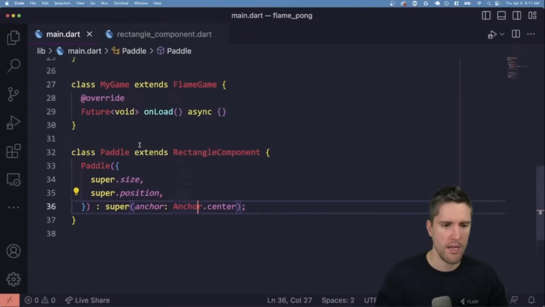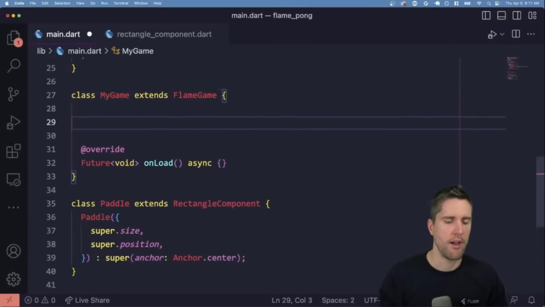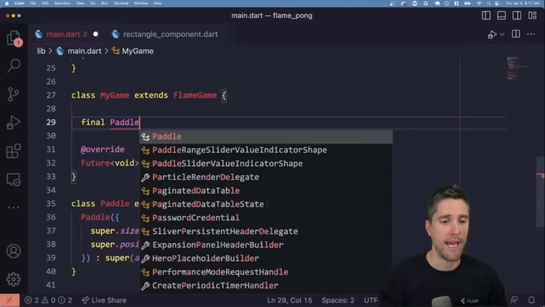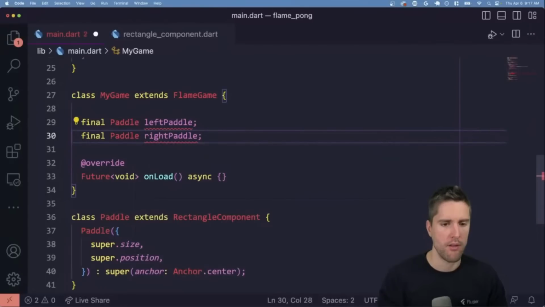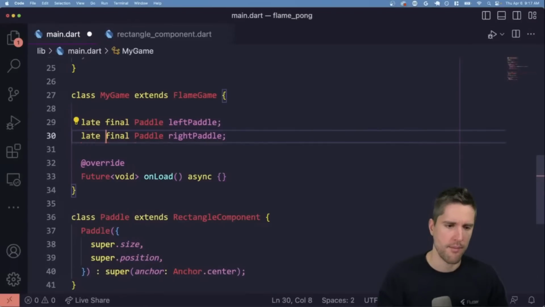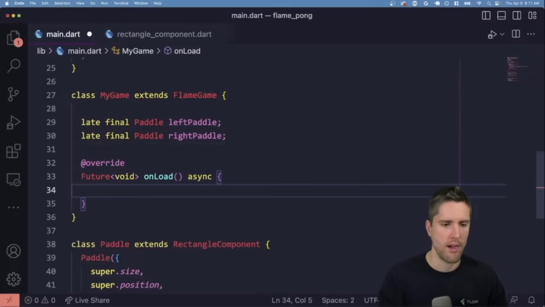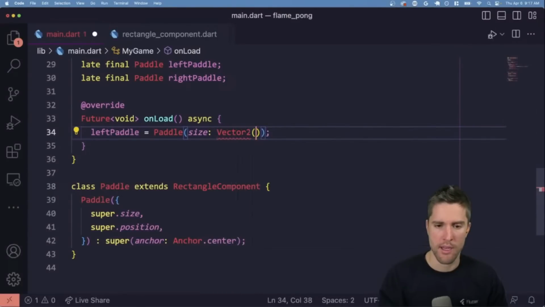All right, so here are two paddles, and I'm just going to try to position the paddles, and we'll get our first render. So we're going to have final Paddle leftPaddle, and final Paddle rightPaddle. And I guess we can not instantiate them here probably. Let's have them be late final. All right, so now in onLoad, we'll say leftPaddle equals new Paddle, and the size should be